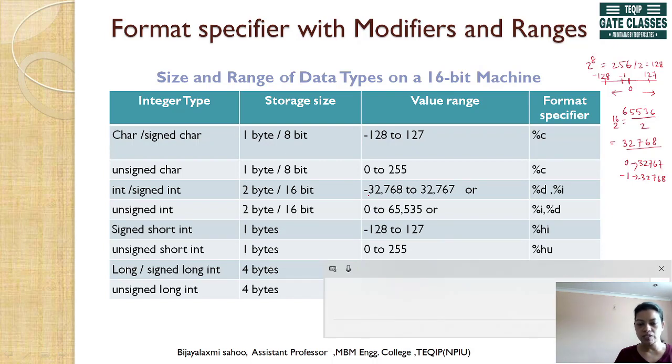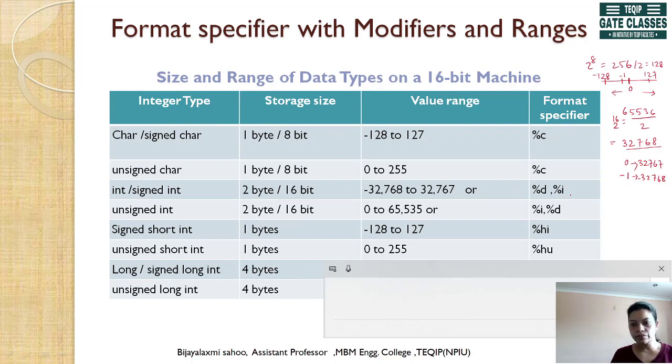That's why the range we have mentioned here is -32768 to 32767. As we know, the greater the number in negative, the smaller its magnitude. For signed integer, we use both the %d and %i format specifiers. %d means decimal and %i means integer, that is, other than decimal it can be binary or octal.